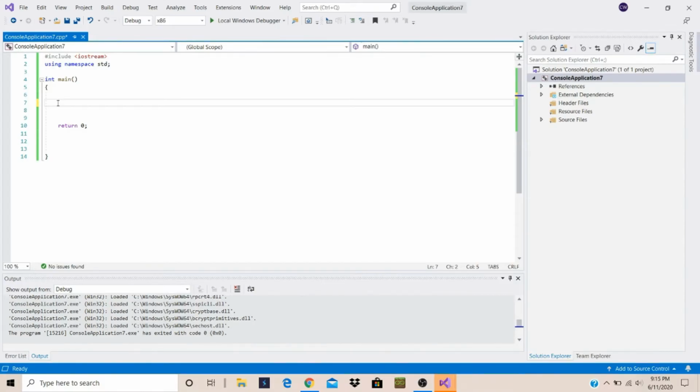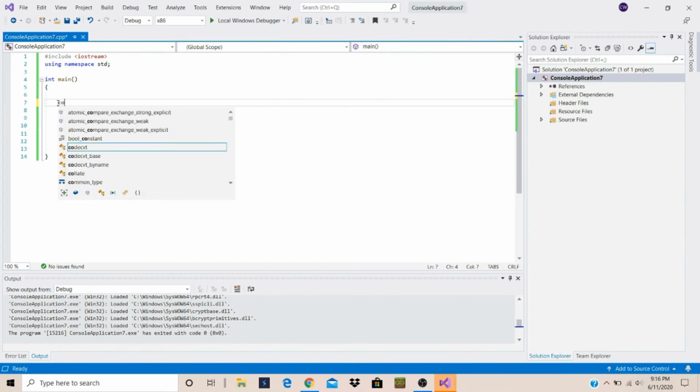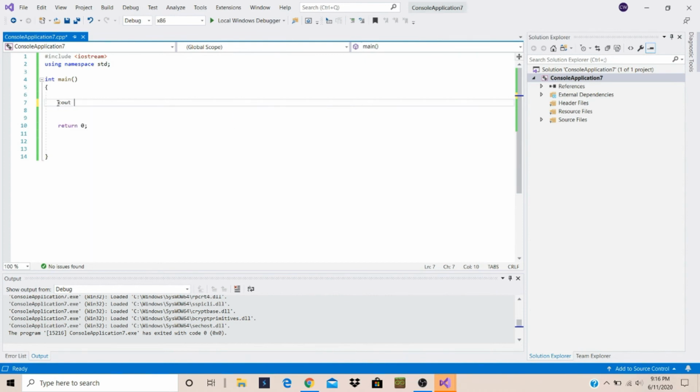Yay. Okay, so you know how you want to make the computer solve math problems for you? Well, in this simple video, we're going to be doing that. So I'm going to be doing this. I'm going to be putting these commands. So I'm going to put 5 plus 6